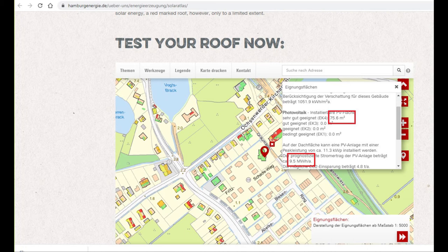We don't have data for roof surface area. Roof surface area is very different from the built area, and the only data we have is the built coverage area, which means how much ground is covered by the building. It is not the roof area, not the suitable roof. We made a sample.